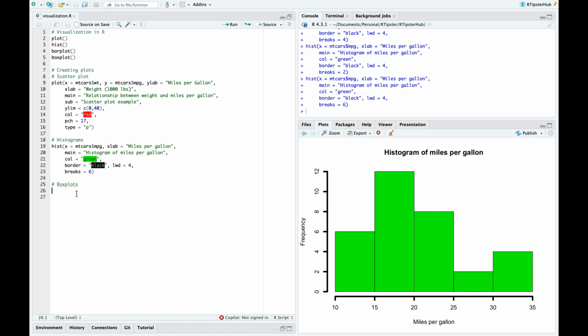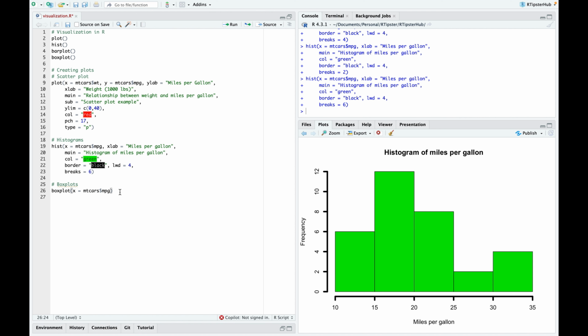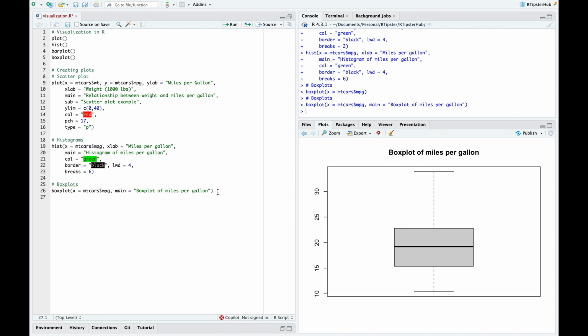So the function that is used in base R is just boxplot, and we can use our mtcars data and have mpg, for example. If you run this, we see that that's how a box plot shows up. We can add a title as we had done before, and the title would be "Box plot of miles per gallon". So if we run this, we see that